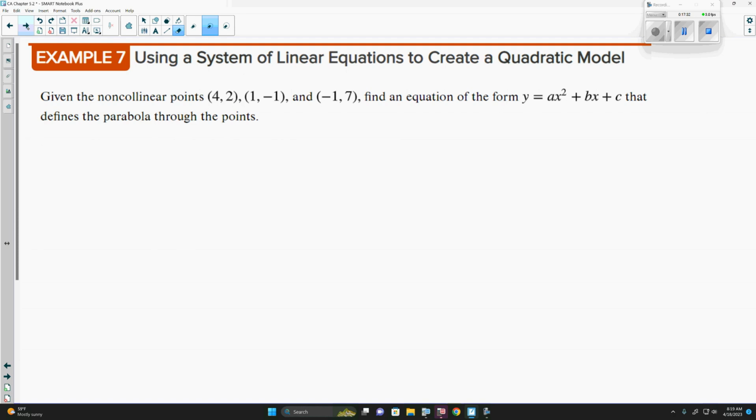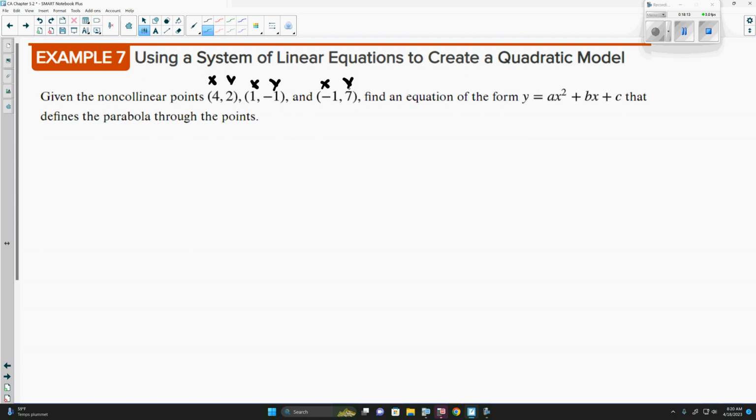This is the last problem that we have for this here. Given the non-collinear points (4, 2), (1, -1), and (-1, 7), find an equation of the form y equals ax squared plus bx plus c that defines the parabola through these points. Now this here seems like a very challenging problem to try to look at, trying to find an equation of a parabola just given 3 points. But it's actually very interesting in how this does work, because these 3 points work for any quadratic, and they're all in the form of